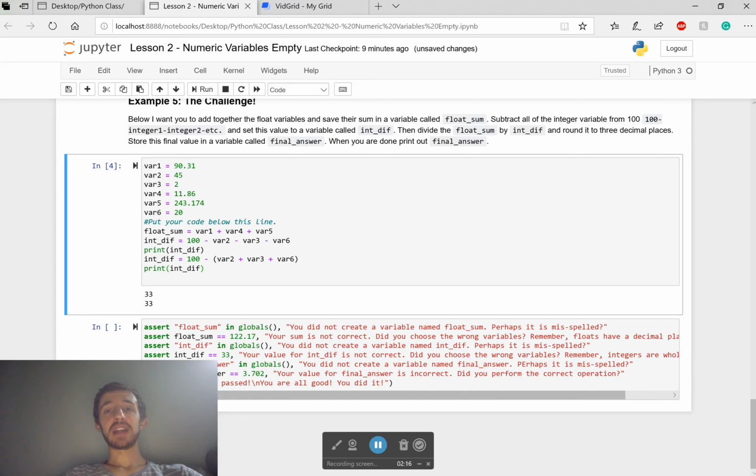Okay, then we're going to divide float_sum by int_diff and round it to 3 decimal places. We're going to store that final value in a variable called final_answer. Now, storing is a good word for this because that's what you're doing with variables. You're storing some number, some function, some text in that name. And then Python looks at that name and goes and finds what you stored. Okay, so final_answer